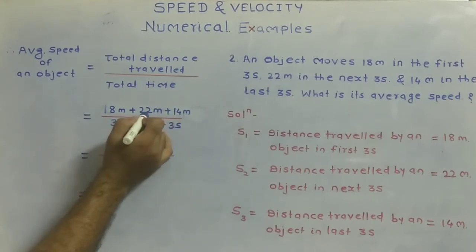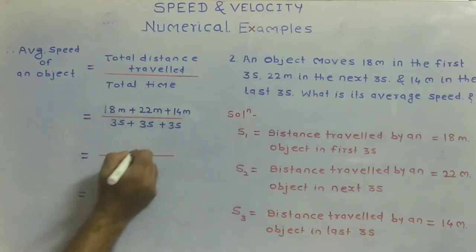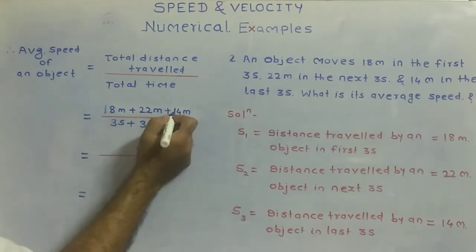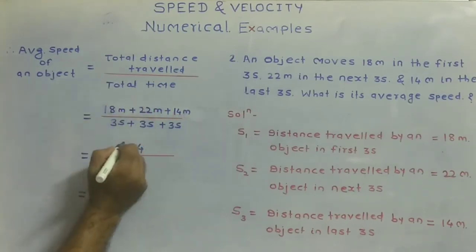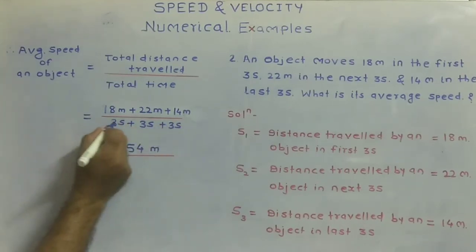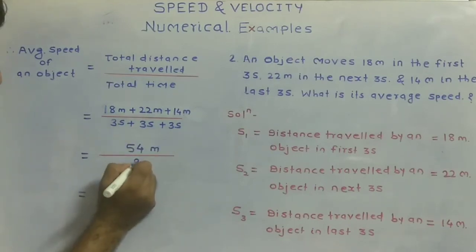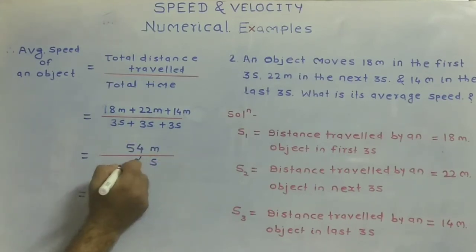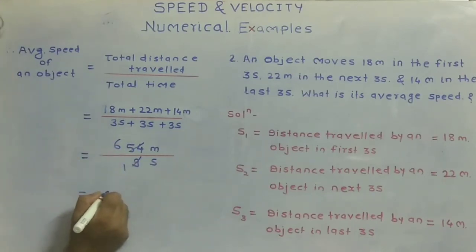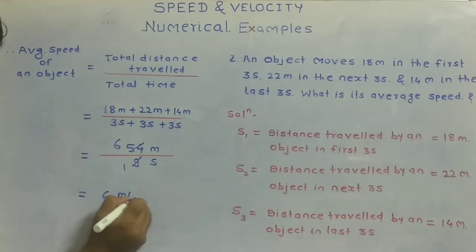4 plus 2, 6, 6 plus 8, 14. Then you can write down here 4, carry over 1, 1 plus 1, 2, 2 plus 2, 4, 4 plus 1, 5. That is 54 meter upon 3 plus 3, 6, 6 plus 3, 9 seconds. 9 ones are 9, 9 sixes are 54. Therefore, the average speed of an object will be equal to 6 meter per